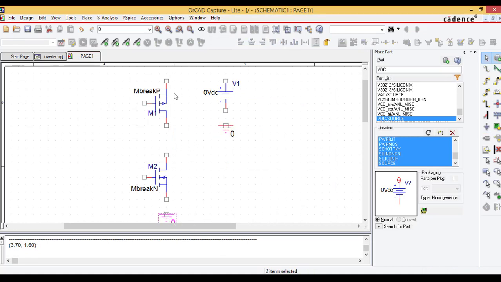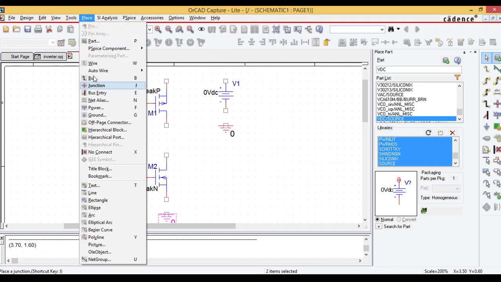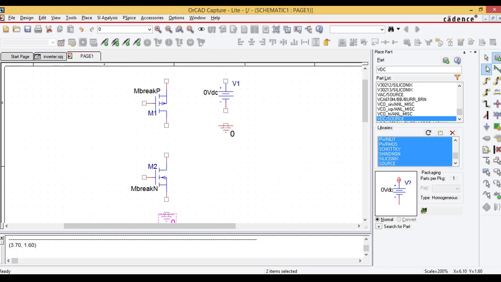To connect the terminals we need to have the wire, so go to Place and there is a Wire option. Choose the wire option, or even inside the window there is a shortcut for placing a wire. So select here, and the DC voltage source is connected to the source terminal of the PMOS transistor, and the drain of PMOS and the drain of NMOS are connected. The source of NMOS I am connecting to ground, and